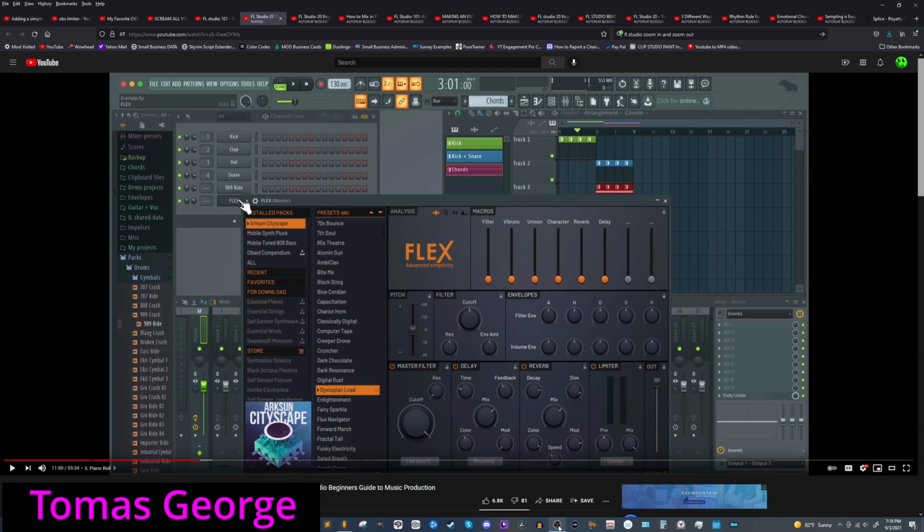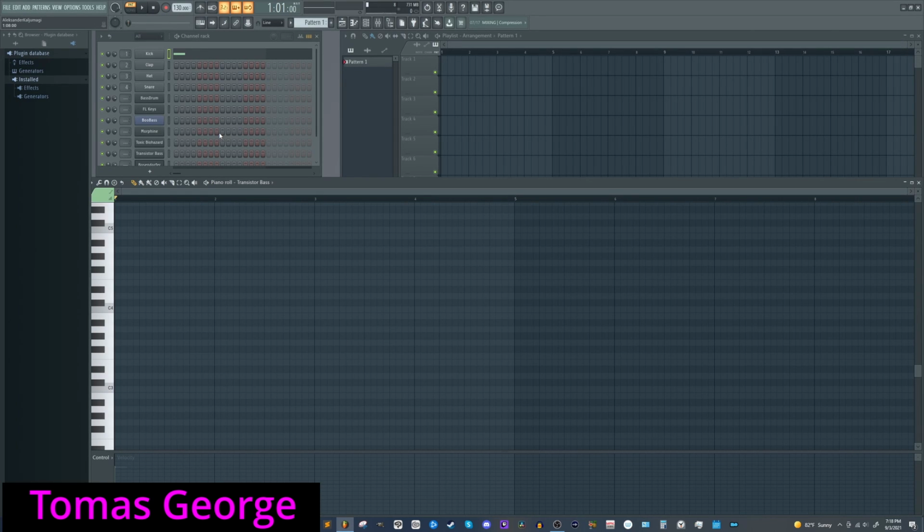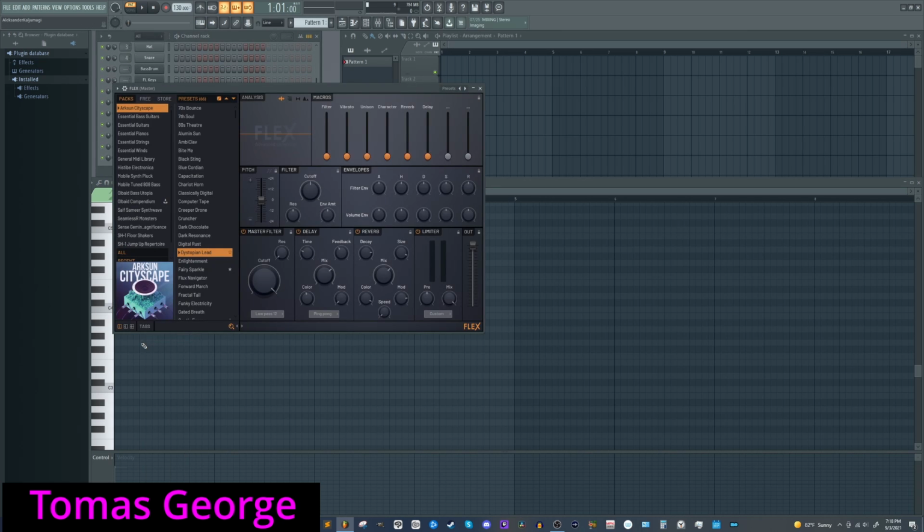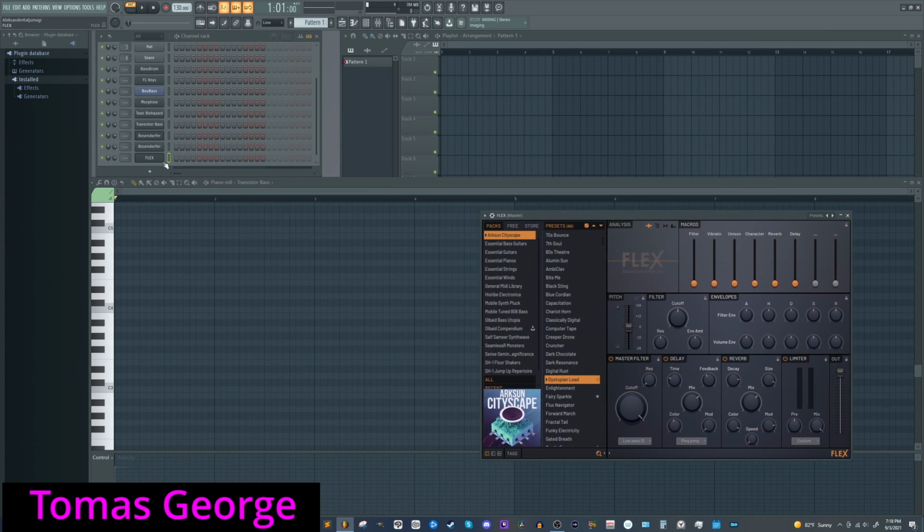So the problem I run into is that I can't actually put flex itself onto here. I try, and I end up with this. But it keeps putting me onto kick whenever I hit spacebar instead of something else. Right,